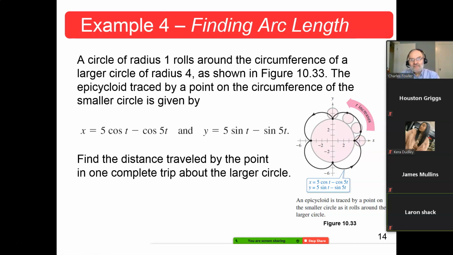Now, the parametric equation for that epicycloid is given by x is equal to 5 cosine t minus the cosine of 5t, and y is equal to 5 sine t minus the sine of 5t. That's the trace of this epicycloid here. Kind of the four-leaf clover look here. Okay, but it doesn't go back to the center. Now, the question is, find the